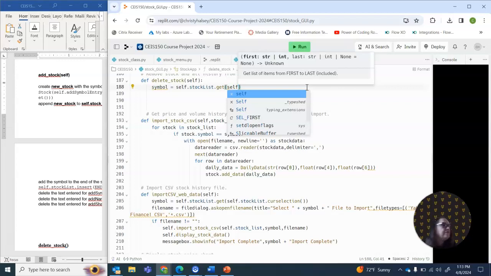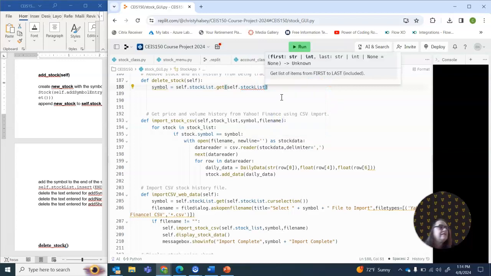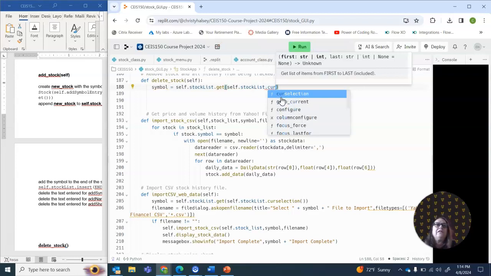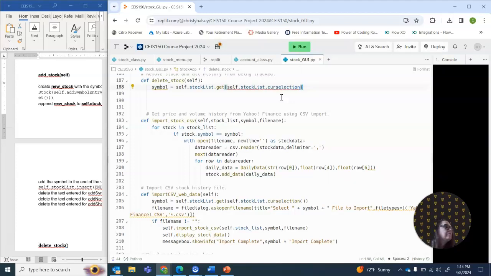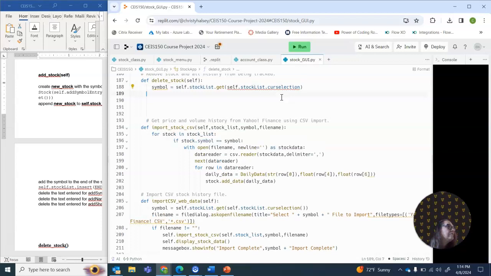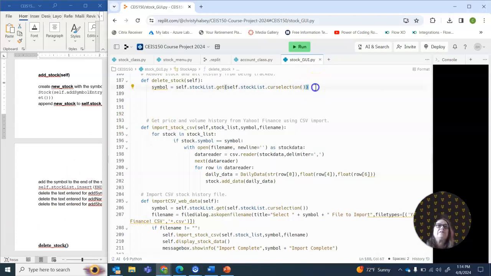From the self.stock list .current selection. And that is a method, so I need a set of parentheses there. Okay,